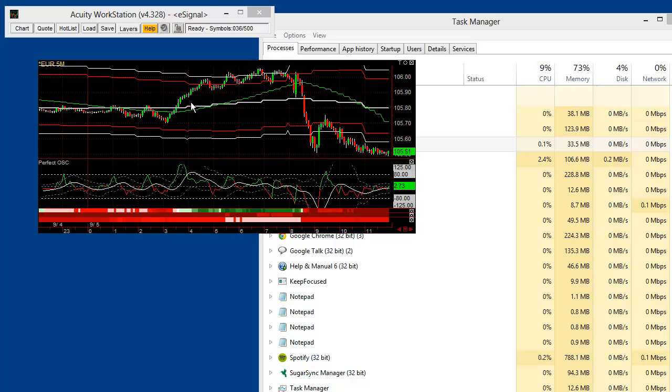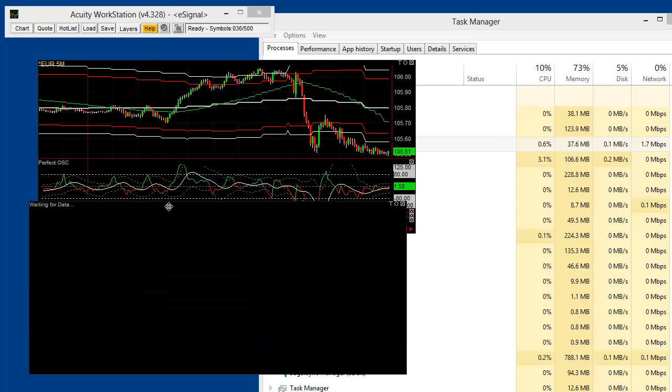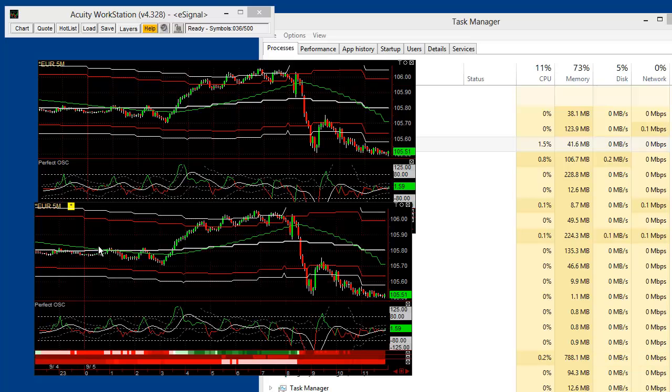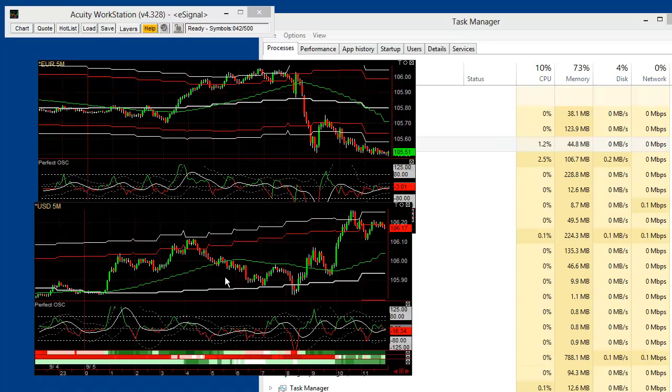Once you have a chart the way you like it, you can right-click on it and duplicate the window, move it somewhere else, resize it if you need to. Once it loads the data, you can put on, let's say, USD. And now you can see the euro index and the dollar index, and hopefully it doesn't take a rocket scientist to realize that if the euro is going up and the dollar is going down, then you want to be buying the euro dollar. When they're both going up, you can still buy the euro dollar, but it's going to go